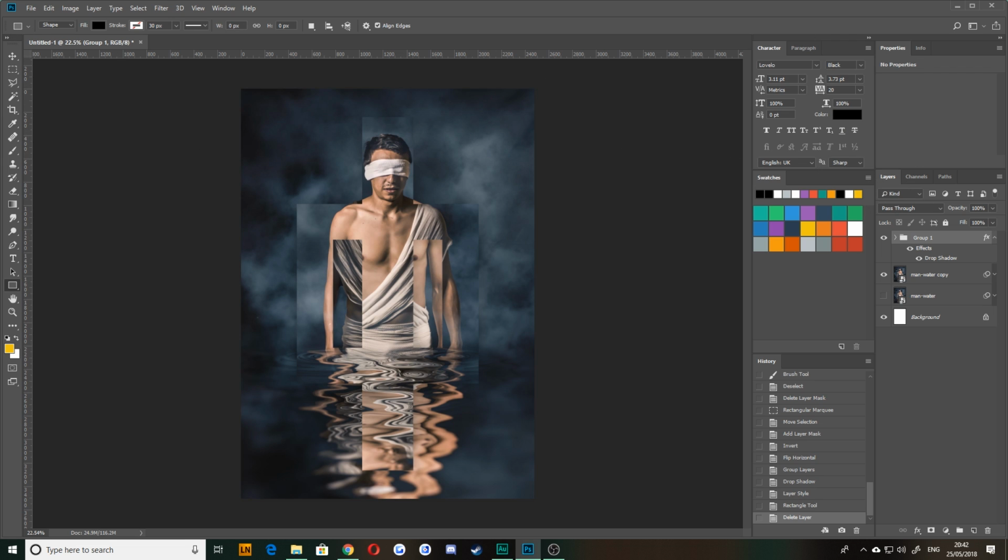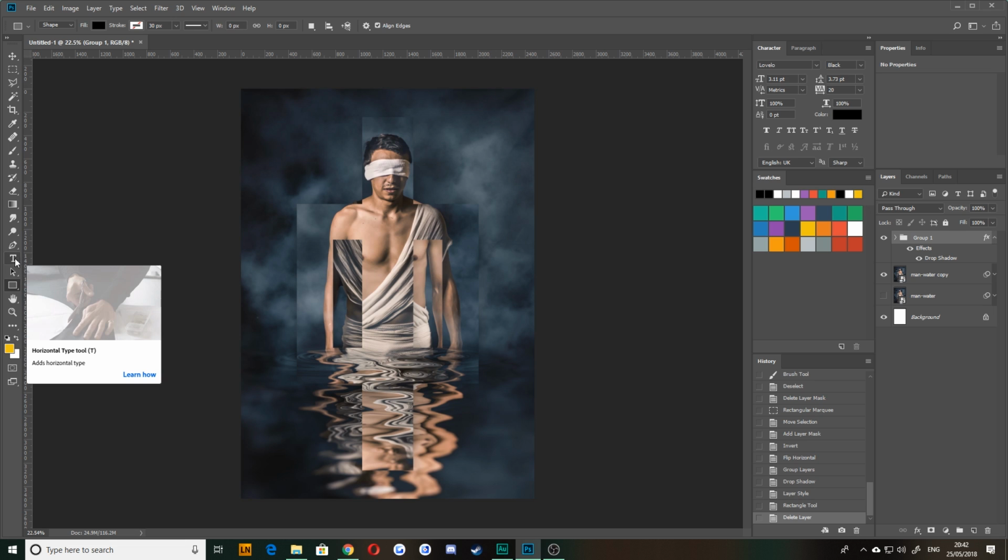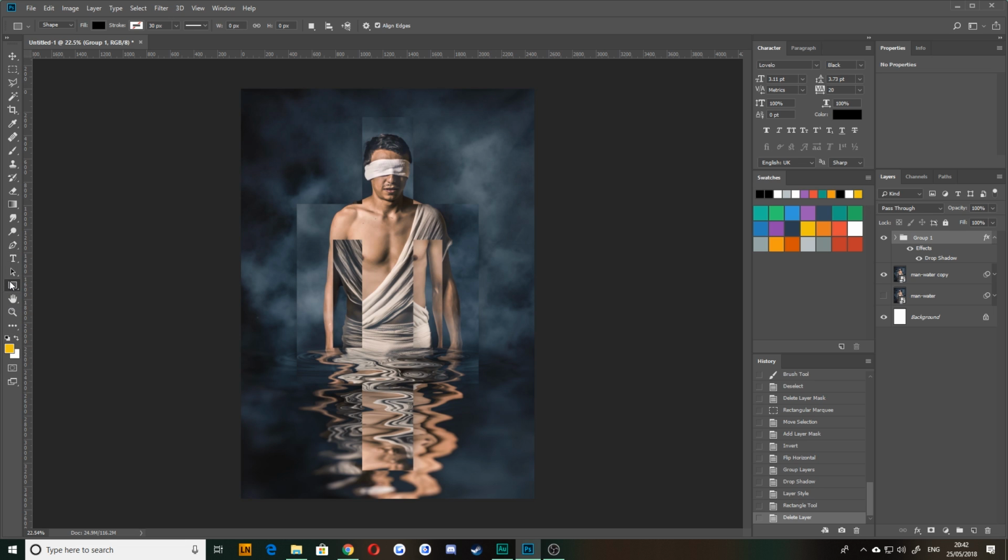Now, in your toolbar, the eagle-eyed among you might have noticed that most of these icons have a little tiny arrow in the bottom right corner. What this means is if you long press or click and hold on any of these, a little sub-menu is going to appear. When you release on any one of these sub-tools, it will make that the tool within the panel. For example, on the shape tool, it's going to be the rectangle, rounded rectangle, ellipse, polygon, line, or custom shape tool. For now, we want to leave it on rectangle, but have a bit of an explore